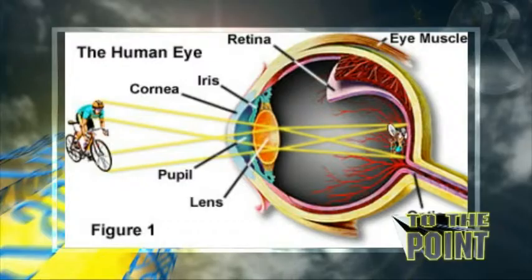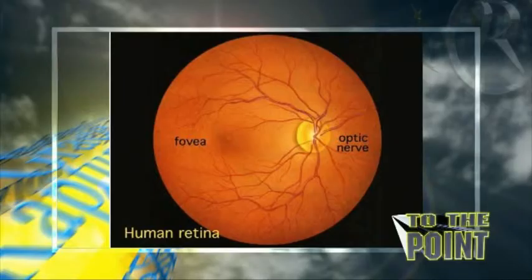When we're looking at something like a bicycle, you can see that what actually happens is, because of the intricate mechanism of the eye, I'm not going to detail it all again, but there's an upside-down image of the bicycle on the back of the eye. And if we look at the next picture, and by the way, just to point out, the retina can distinguish about 10 million colors.